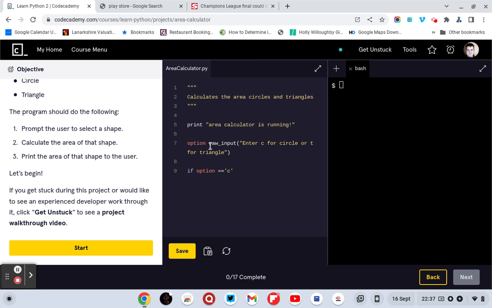Print area calculator is running. Option equals raw input, enter a C for circle or T for triangle. If option